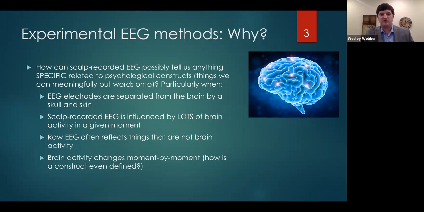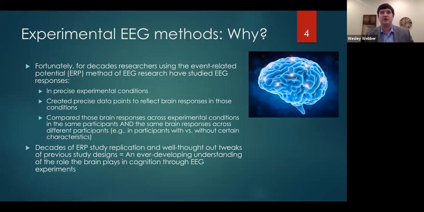So these ideas present a starting point where I'm amazed that we can create methods that can actually give us valid information over time. So that's why I say here on this slide, fortunately for decades, researchers using a particular method that I'm going to talk about, ERP method, event-related potentials, have been studying EEG responses in a really specific way. So in precise experimental conditions, and you'll see how precise when I'm talking about my own study, so knowing exactly what happened at the moment in which you collect EEG data. Also developing a method of creating as precise as possible data points that you actually analyze